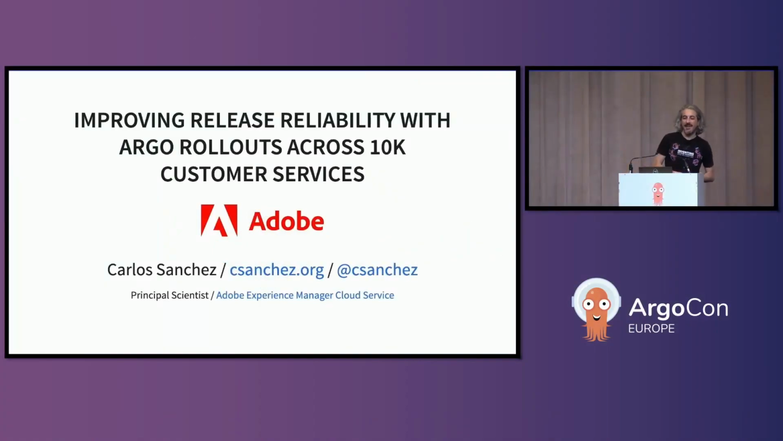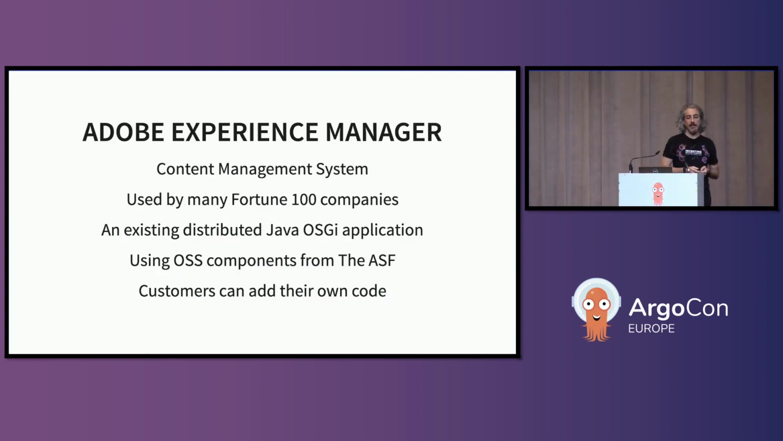Trust me. I'm going to talk to you about how we are improving our release reliability with Argo Rollouts at Adobe. I work on the Adobe Experience Manager cloud service. It's a content management system that probably you don't know about, but it's used by a lot of Fortune 100 companies. It's an existing Java application that has been around for several years, using a lot of open source. And a very interesting point is that customers can write their own code, and we run this for them on